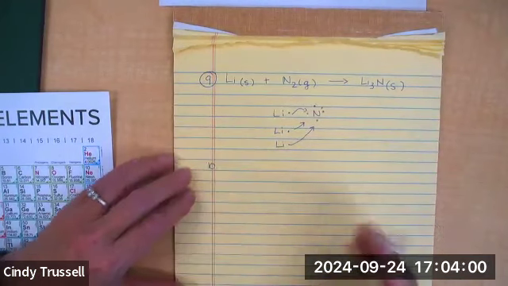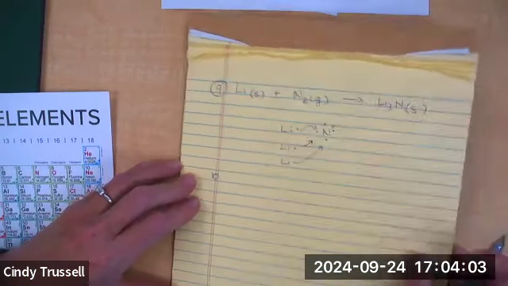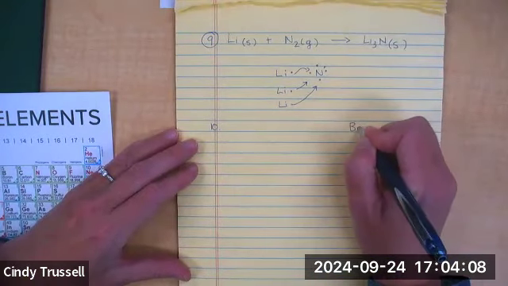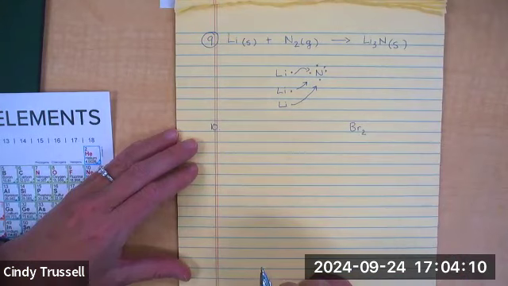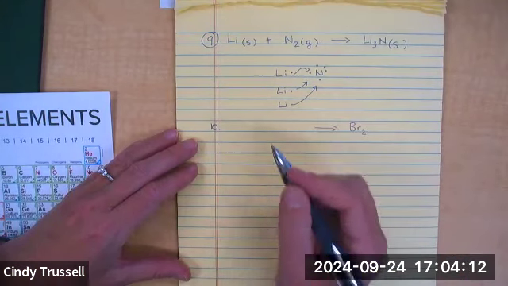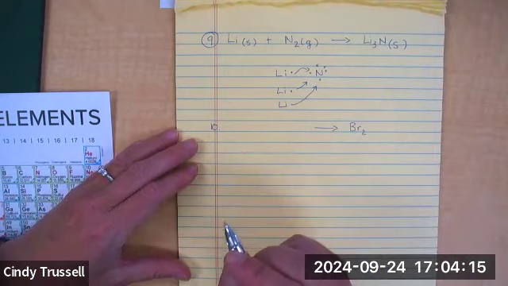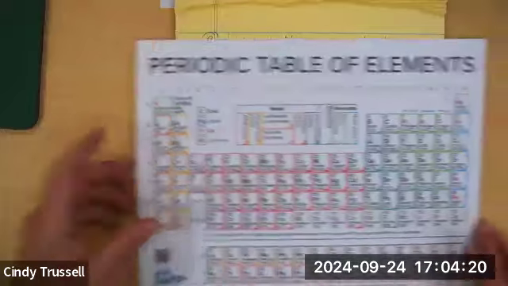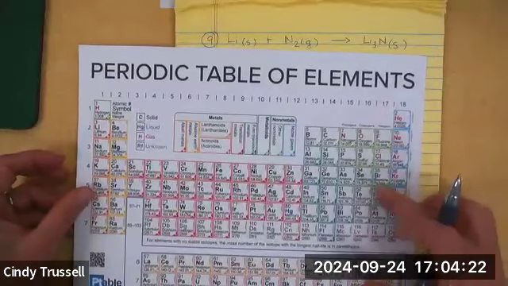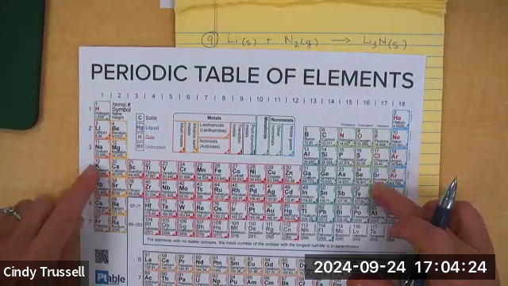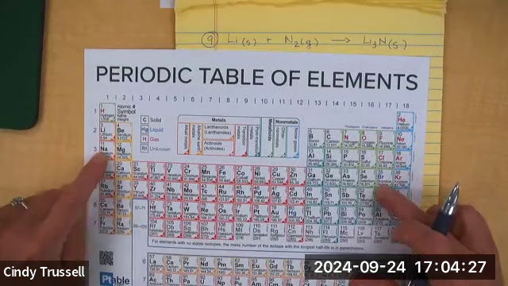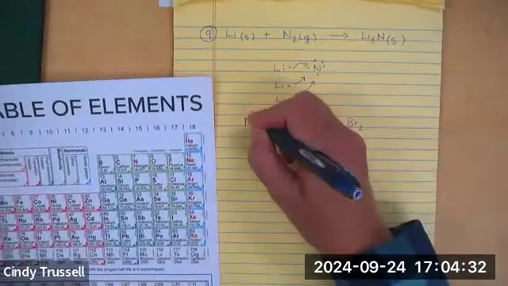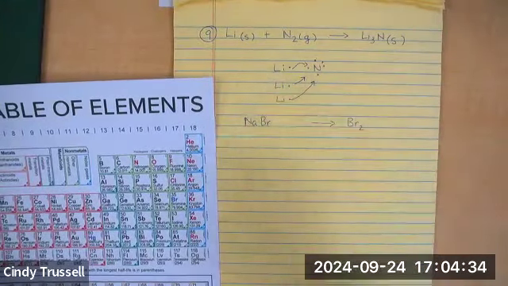And number 10 says we have elemental bromine gas that can be generated. That means the bromine is going to go over here on the product side. It can be generated by reacting sodium bromide. So we've got sodium over here in the first group and bromine over here in the 17th group. Sodium wants to give up one electron and bromine needs one electron, so it's going to be a 1-to-1 relationship there. So sodium bromide, NaBr,